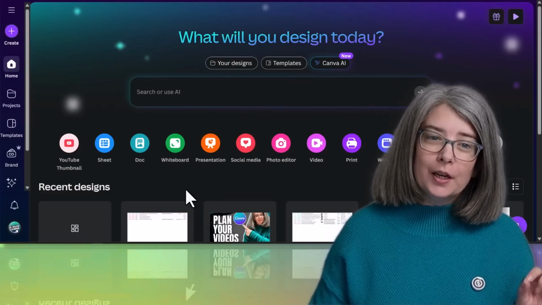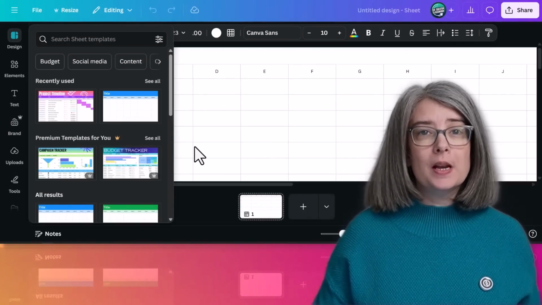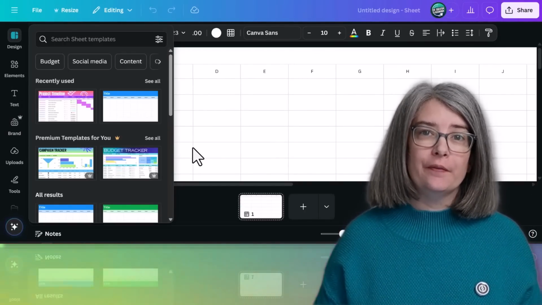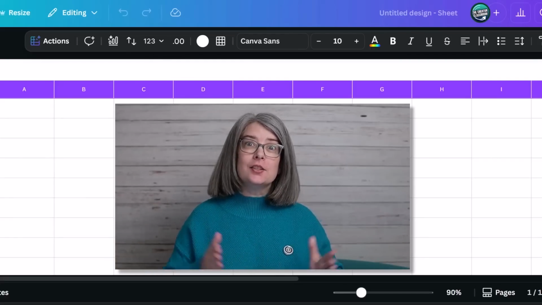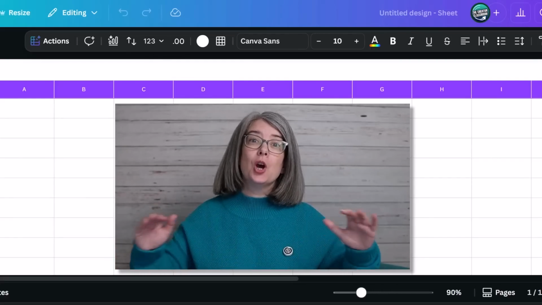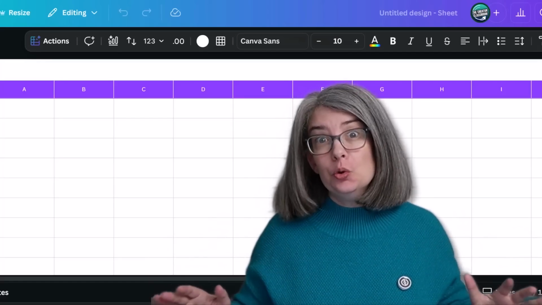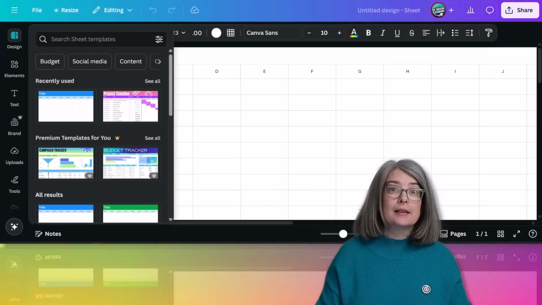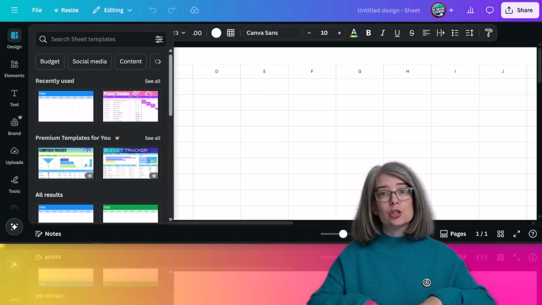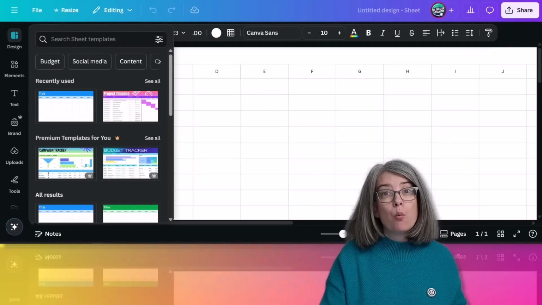Once in Canva, click on the Sheet icon. This will open up a brand new spreadsheet for you. Canva Sheets is still rolling out to everyone, so don't panic if you don't see it yet. Since this is a new document, I thought that I would just give you a bird's eye view of what's